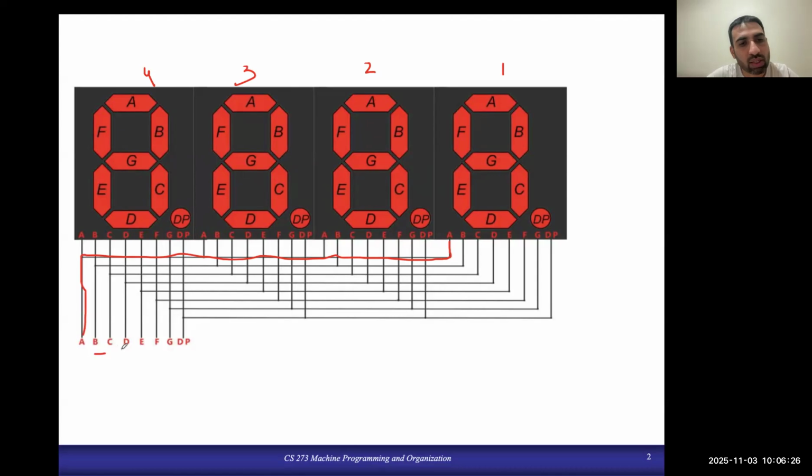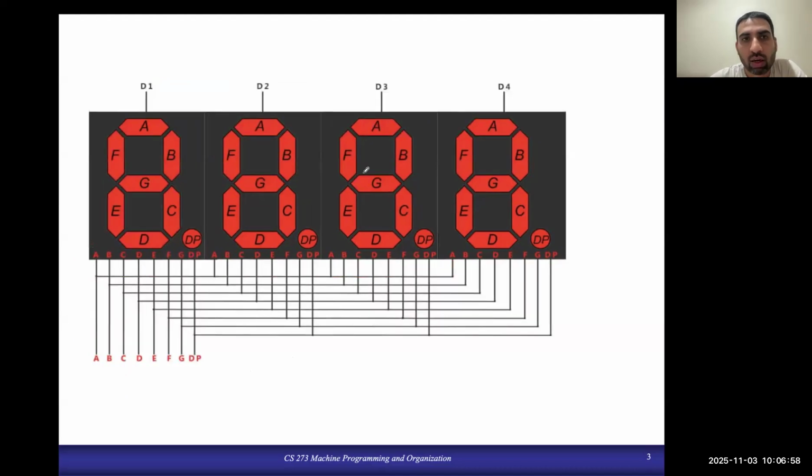Same is true for B, C, D, F, G, and DP. So what happens is that whatever input signals you provide here, they are actually supplied to all four digits. However, we don't want to display the same data on all four digits because it doesn't make sense. So what we do is, in addition to sending the data, like the values of A, B, C, D, F, G, and DP input, we add an extra line for each digit, which is named D1, D2,